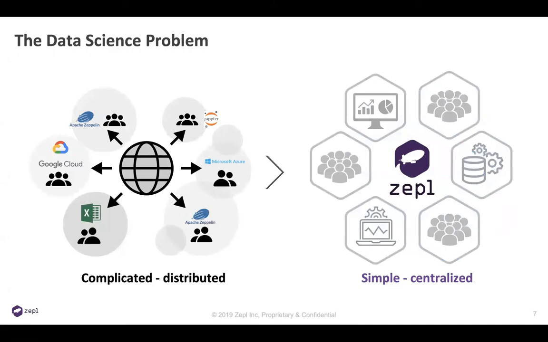Today, your company probably has the same problem with your data science initiatives. Data science today is where software engineering was 25 years ago. But there's the added complexity of open source tools like Zeppelin, Jupyter, that are evolving rapidly, faster than your IT teams can keep up. If you have a team of 3 or 4 data scientists and analysts, that's not a huge problem. But when you start to get to 10, 20, 50, 100, 1,000 data scientists, all using open source